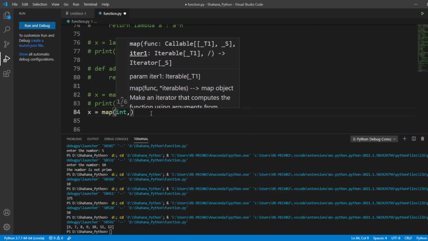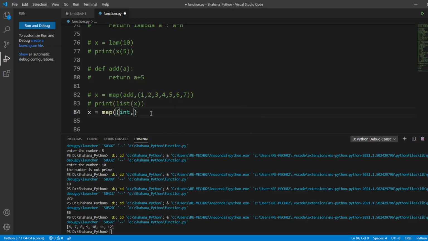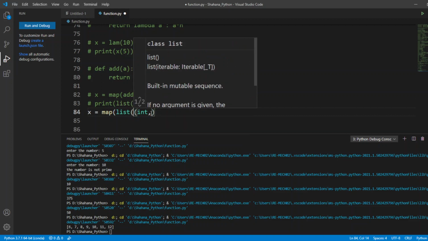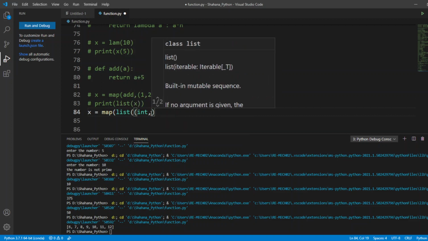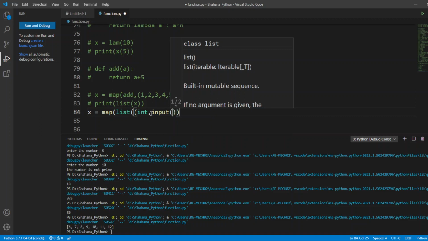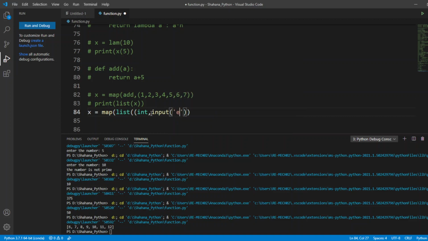Before that I'm going to wrap it with a list, map, list, comma, input. I'm going to print x.